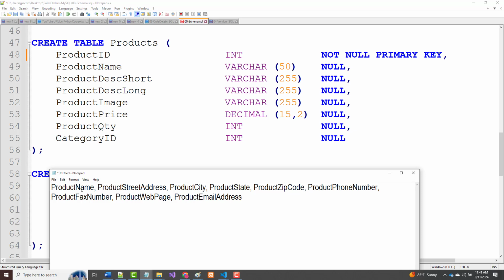So we've got product name, product description short, product description long. Most of those are nulls in there anyway. So we're going to have to, again, replace all those nulls if we have them with double or single quote. Image, price, quantity,